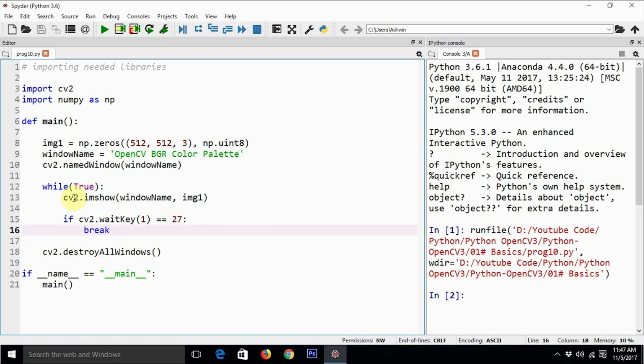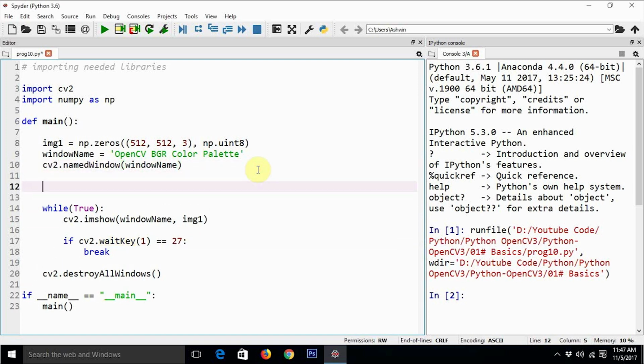So this is very simple, right? It just shows the image, it waits for the key press, and if the key is escape, then it breaks the flow and destroys all the windows. So this loop is only true as long as we do not press the escape key on the keyboard. Okay, so now we just need to add the trackbars to that, because we need to create a color palette as I have said earlier. So let's create a couple of trackbars. cv2.createTrackbar is the function. I guess the T has to be uppercase.